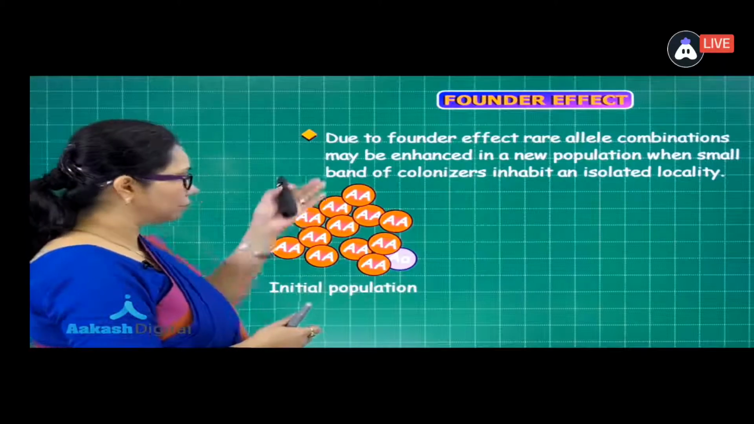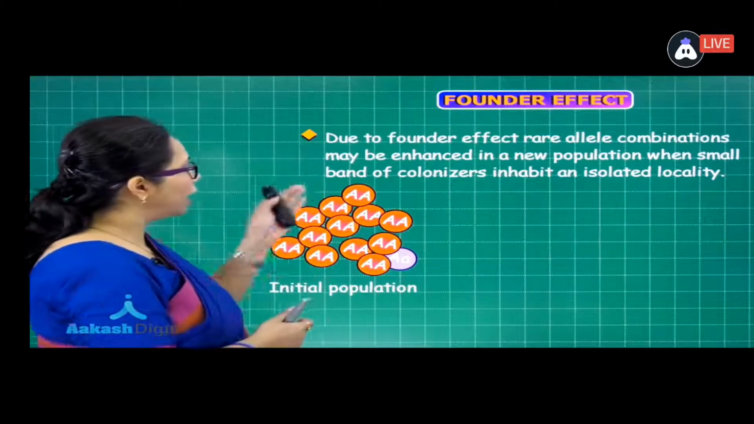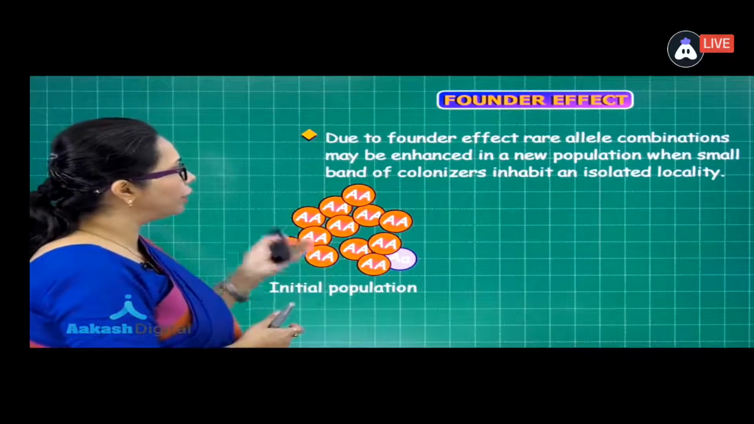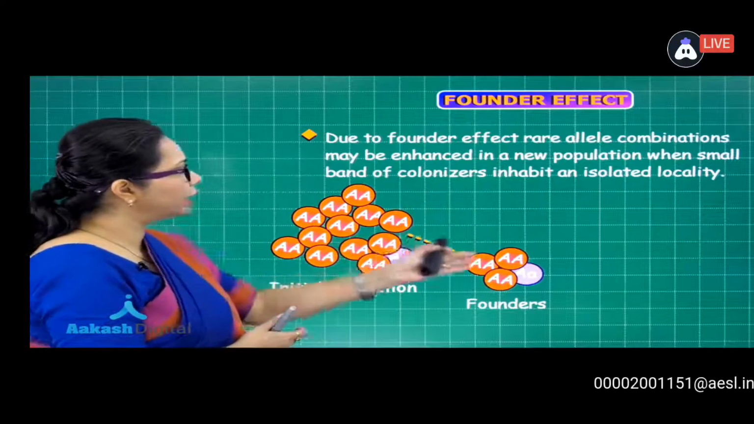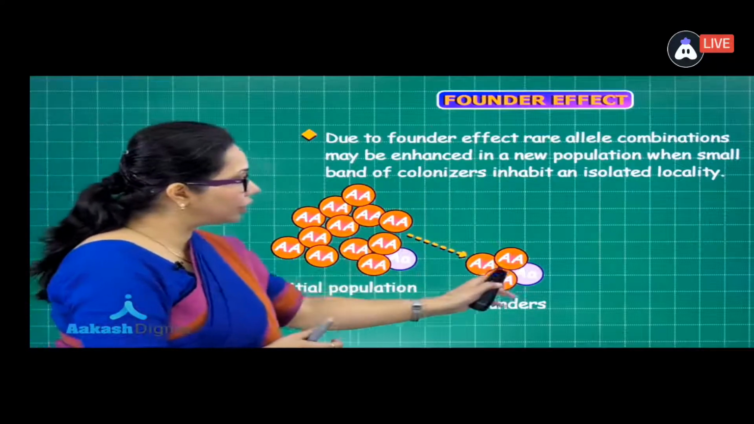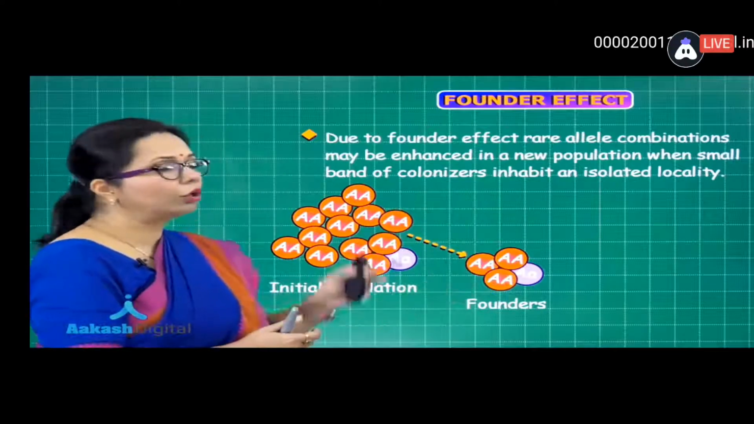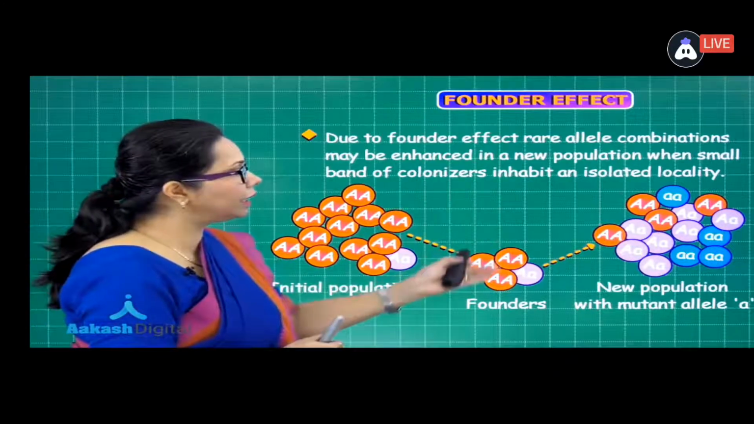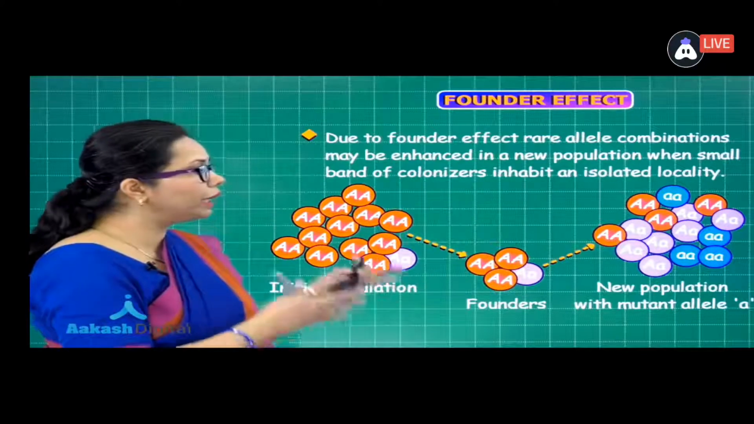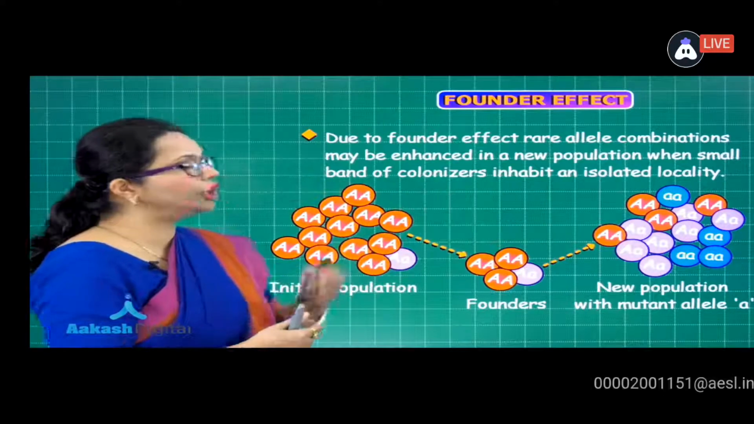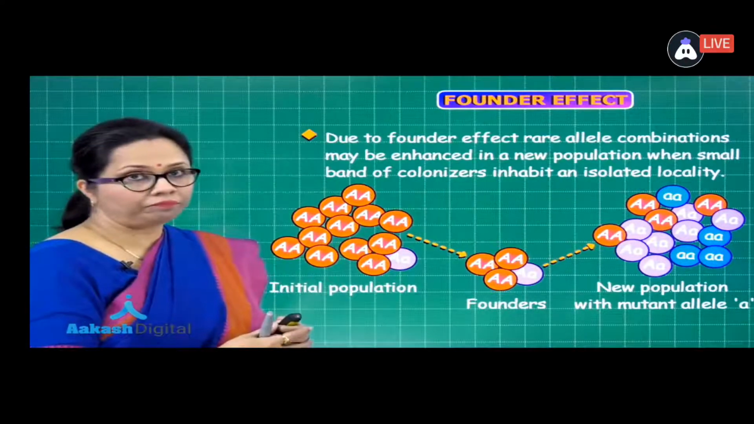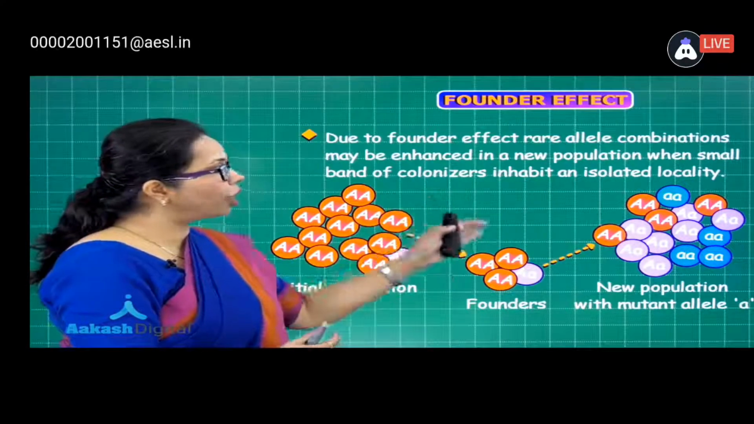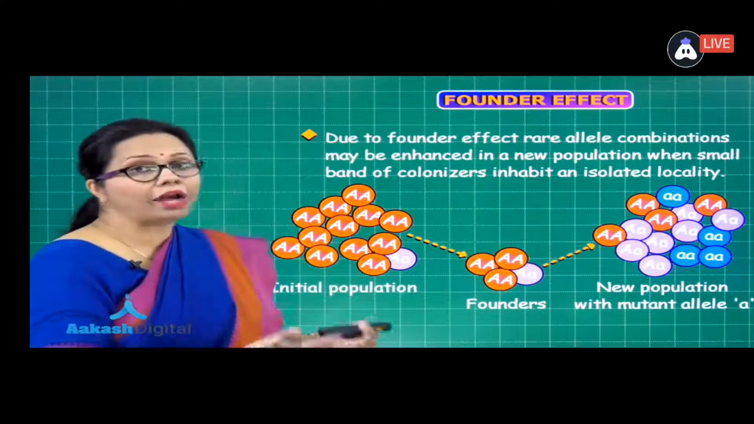So here, what is the situation we can see over here? Let us say this is the initial population. Now out of this initial population, few members migrate out. Let us say these are the founders. And in these founders, you can see there is one combination. This is also going along. And now when they make a new population, we can see that this small a, the mutant allele, its representation in the new population has increased. This is what is called founder effect, because the alleles brought by the founders are enhanced in the new